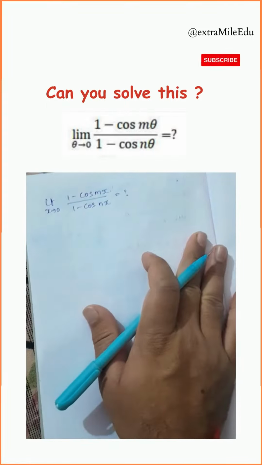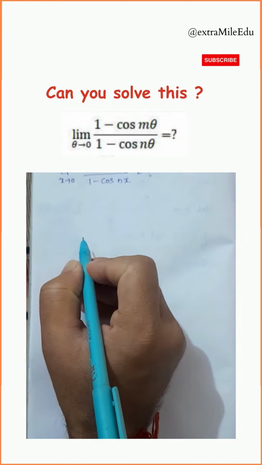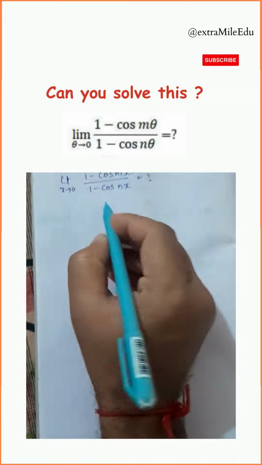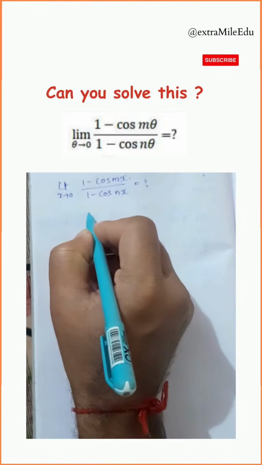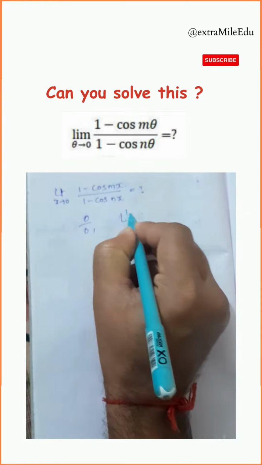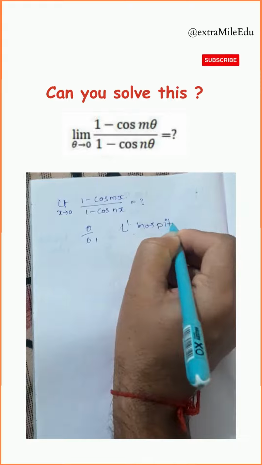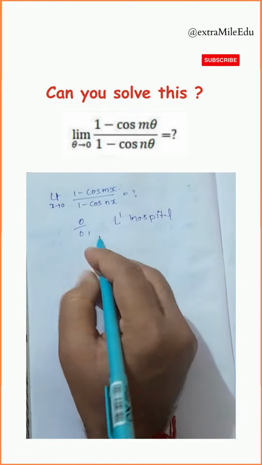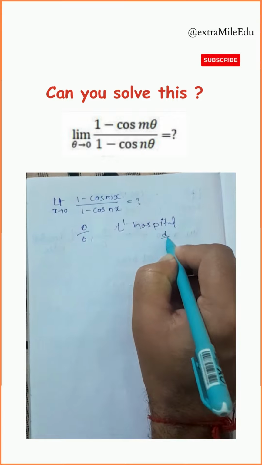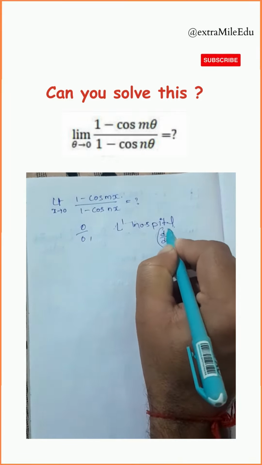So here we have the limit as x tends to 0 of (1 minus cos mx) divided by (1 minus cos nx). If we substitute x equal to 0, we get 0 by 0. So here we can apply L'Hospital's rule, where we do the differentiation with respect to